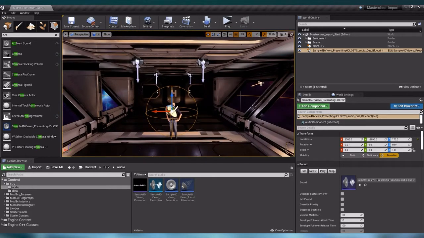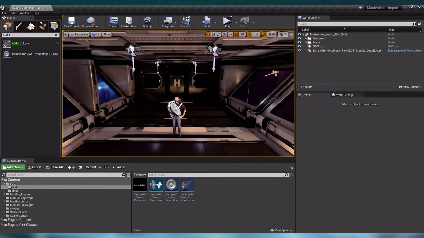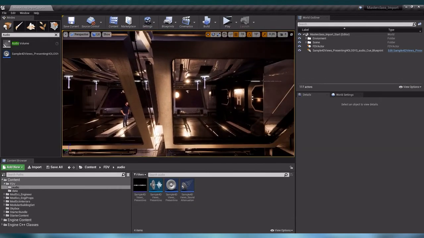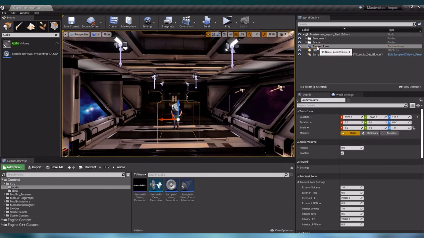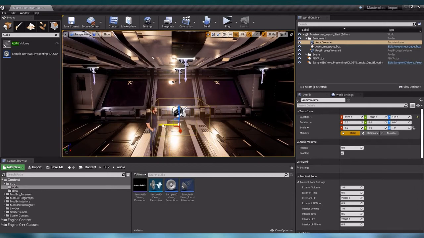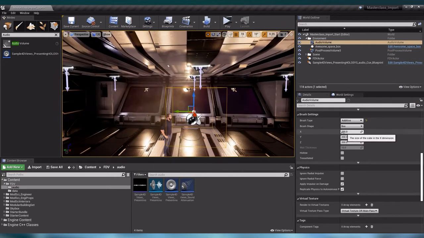Now let us talk about audio volumes. Audio volumes allow us to have more control about our audio cues and ambient sound. In this example, I want to make sure that we cannot hear any audio outside of our ship, because you cannot hear sound when you're in space. To make sure that we do not hear our audio cue outside of our room, let us create a new audio volume. Let us also drag this audio volume as part of our environment. Let's put the audio volume in the middle of our room